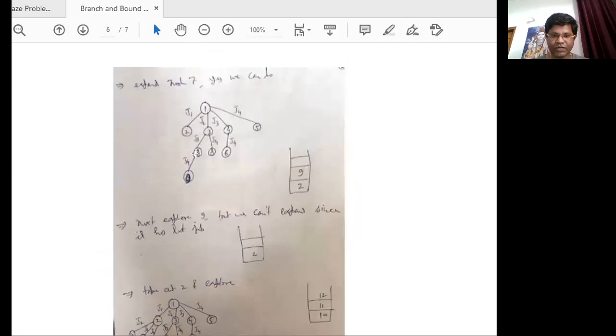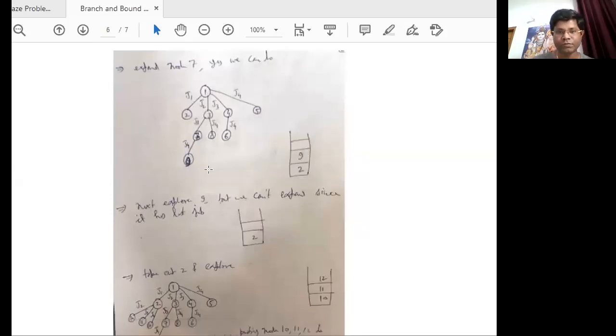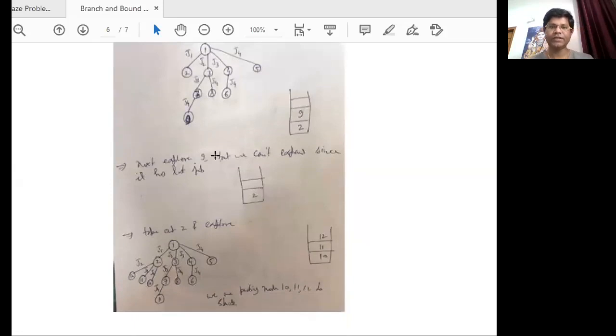We are expanding node 7 since we are at job 3. There is only one possibility, that is job 4. So this will be job 4, and the node is labeled as 9, and the same value is inserted at the top of the stack. In the next step, our top value is 9. Again we are popping the value, but since this had job J4, we have no choice. We just simply pop this element, and the remaining element in the stack is 2. There is no need to expand the tree since we are popping this element.